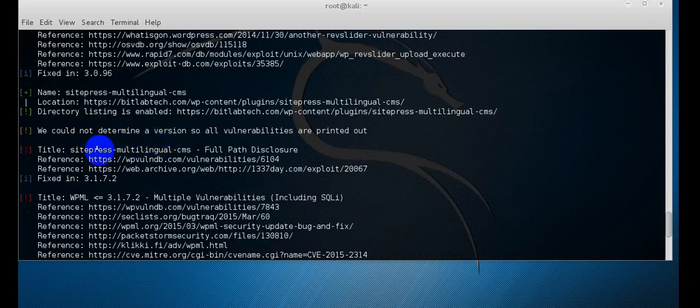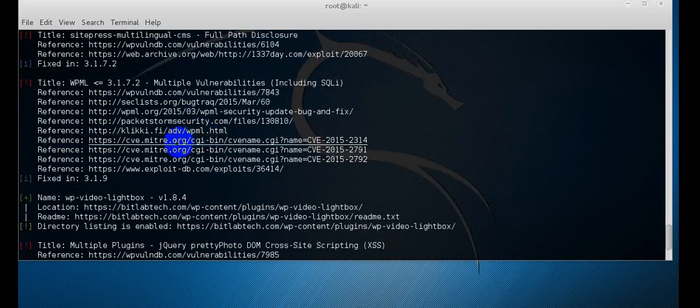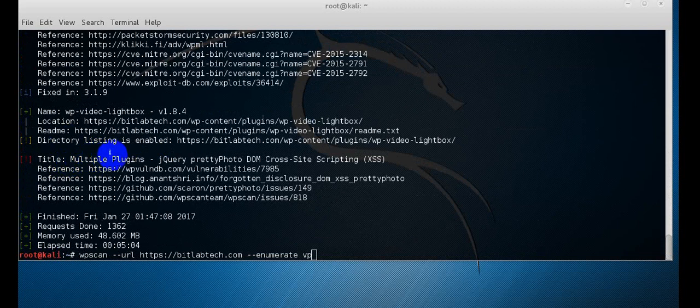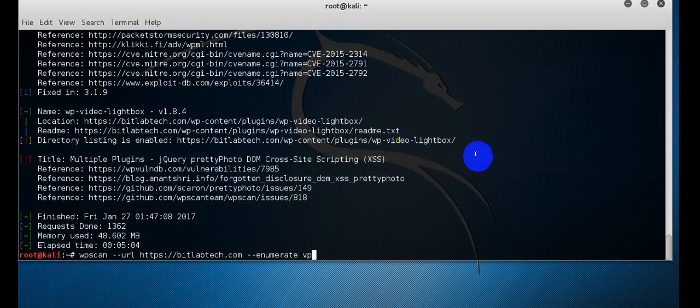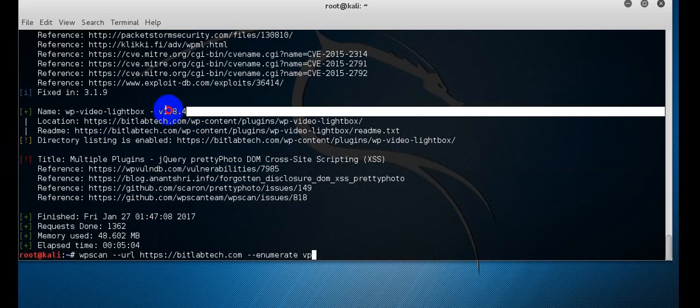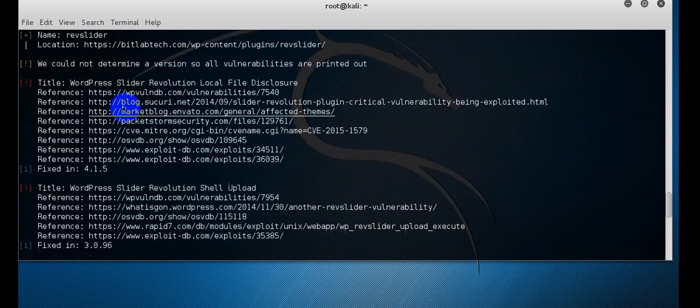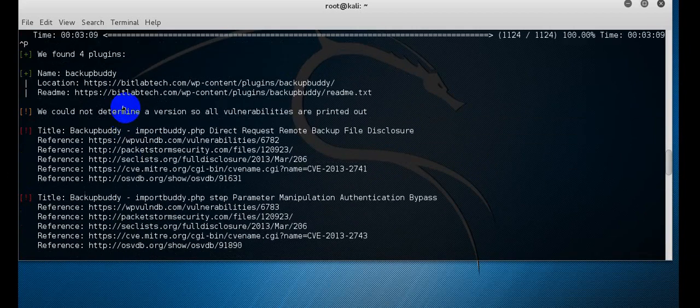SitePress, WPML, multiple plugins. Okay, so here is the color of red showing that this is dangerous, and also the error is showing here. Multi jQuery, pretty photo, DOM, cross-site scripting. So it is showing the vulnerable plugins list here, and if you want to destroy or get access in any